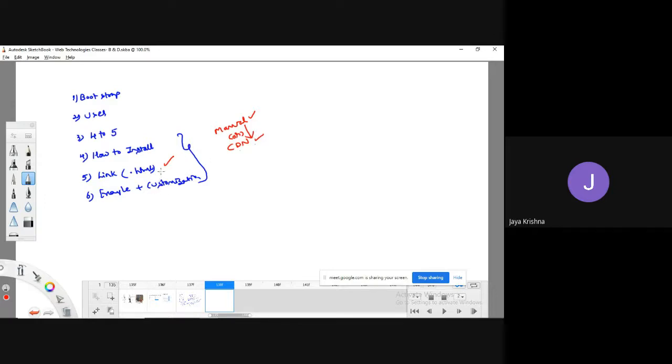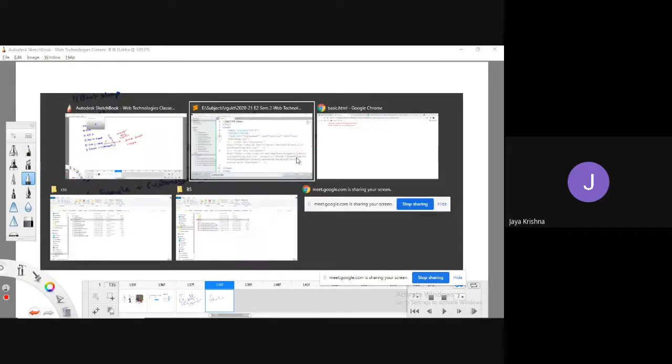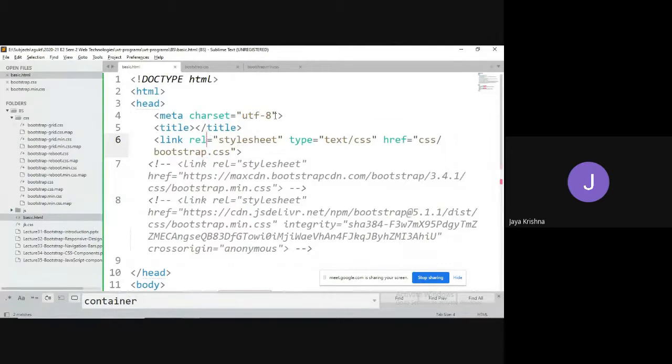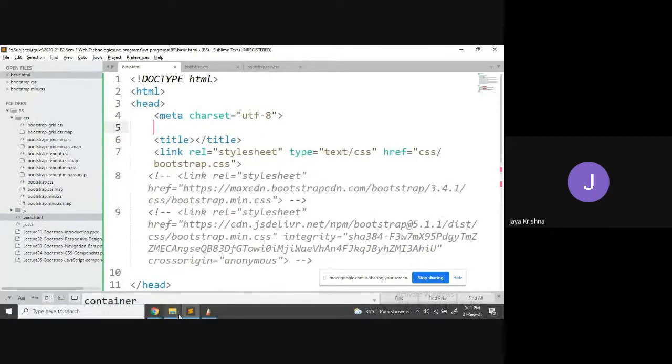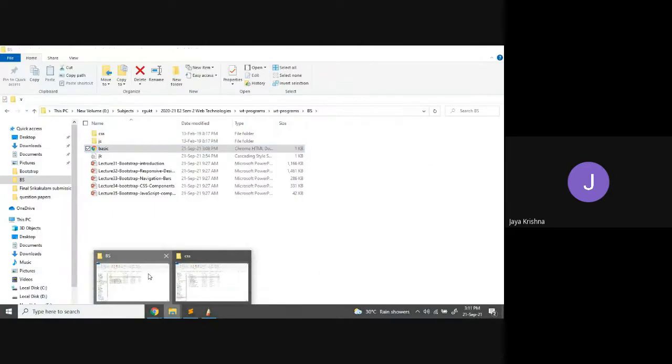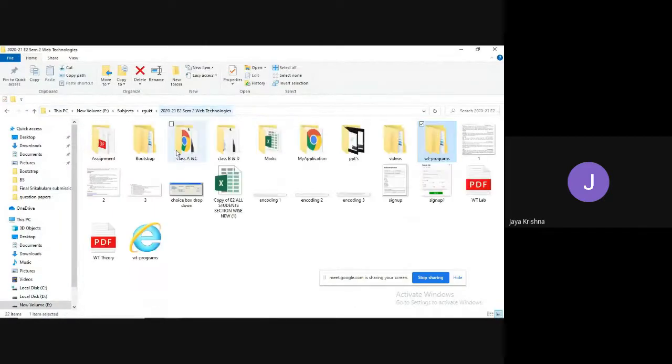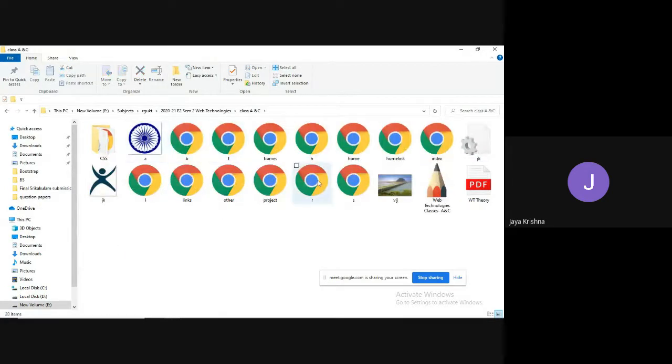So while writing the HTML file, it is compulsory, right? You have to write the HTML5 doctype syntax, and also the important one: you have to write the viewport. So viewport you can write. Observe, if I write viewport, it will yield more responsiveness.